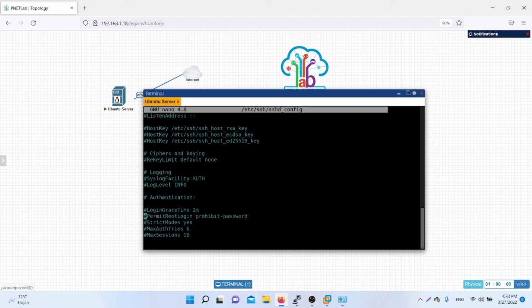In this line, we click ctrl-k. After that, we click ctrl-u. After that, we delete the hashtag and the prohibit-password in the second line for PermitRootLogin. And we change to yes. After that, we click ctrl and X and click yes.